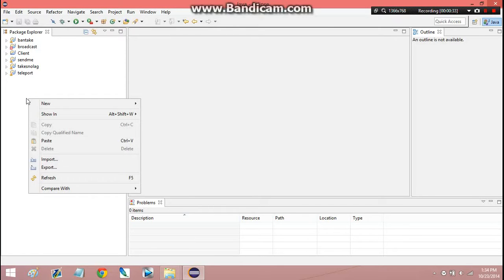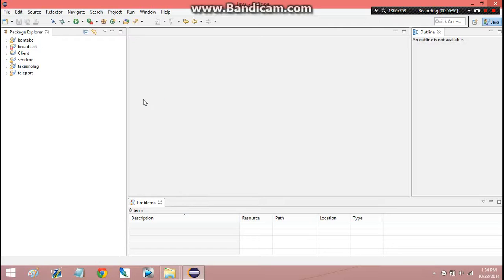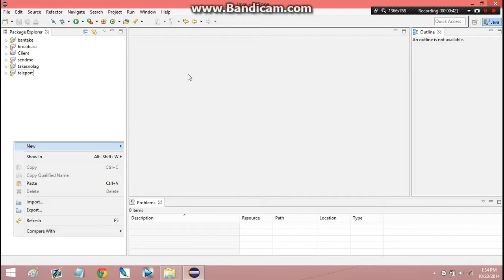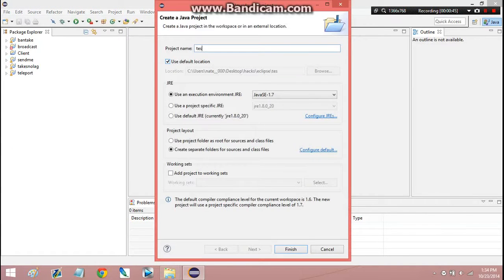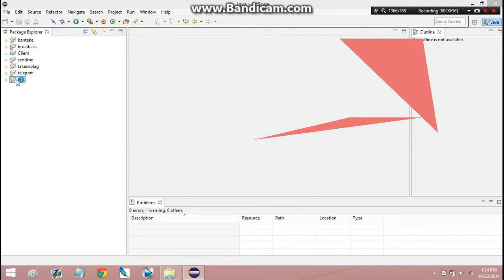So, go into Java, go to New, Java Project. Oops, I clicked Project. New Java Project. I'm going to call this Test. This is just going to be our test plugin to get you familiar with coding. Next, we'll actually be doing some real commands. But if you have never made a plugin, make sure you start with this so you know how to even